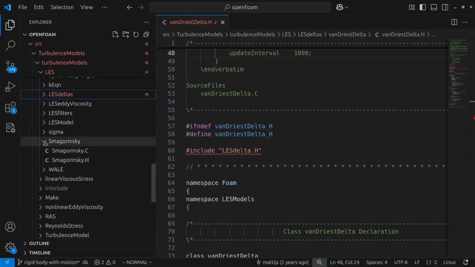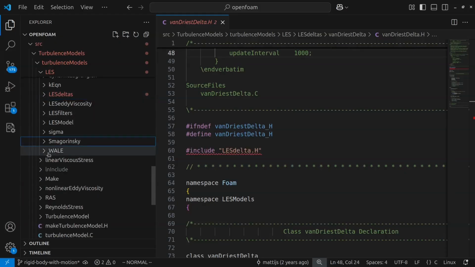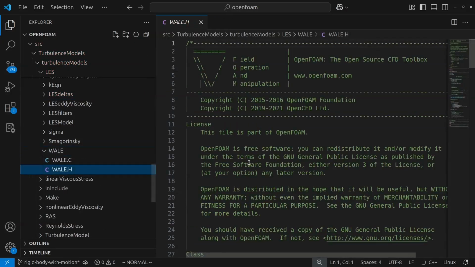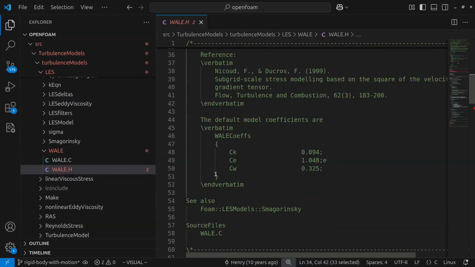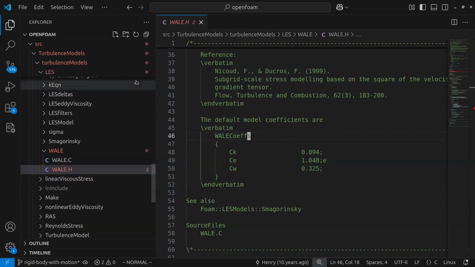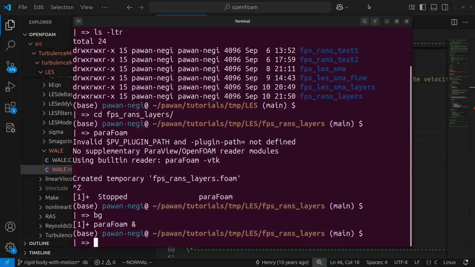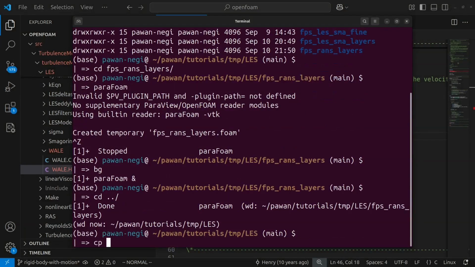Let's look at another LES model, which is this WALE. Here, wall adapting local eddy viscosity. This will have a better behavior close to the wall. This is how we can use it. So let's copy this and we'll go back to our folders. I'll copy this FPS LES layers to